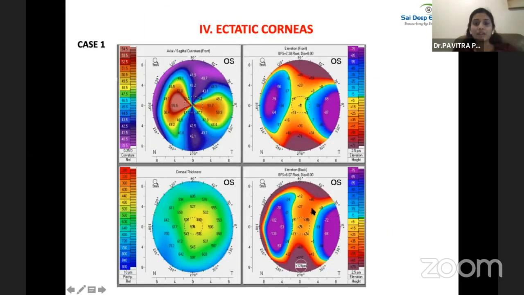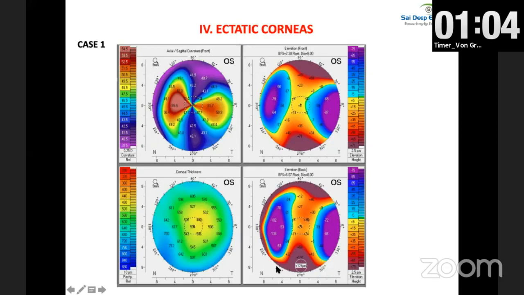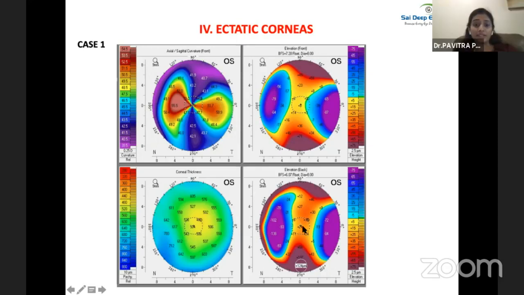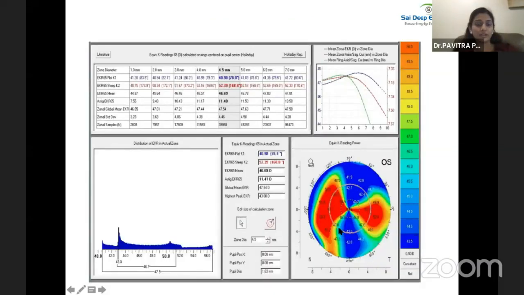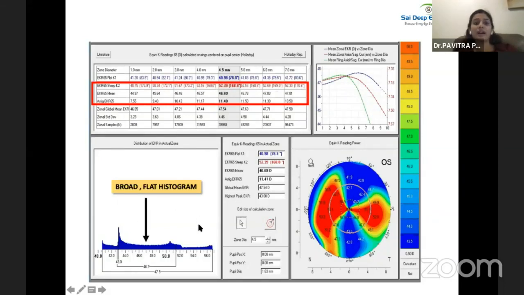So we basically have to see the posterior surface here, the back surface of the cornea. A central cone is one wherein more than 50% of the cone is within the 3 mm zone, and a decentered cone is one where more than 50% is outside the 3 mm zone. So this is basically a decentered cone. Now here again, the difference in the EKR 65 mean is more than 1.2 diopters, with an astigmatism difference of more than 10 degrees across the different zones. Also, we have a widely skewed histogram, which is again not an ideal case for toric IOL implantation.